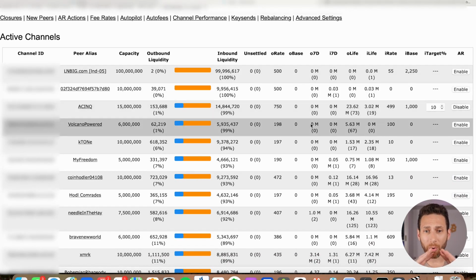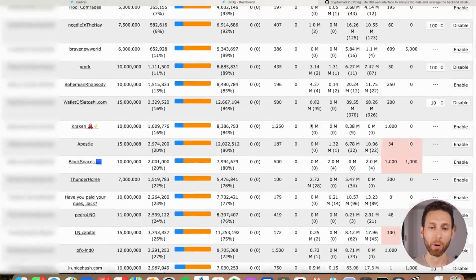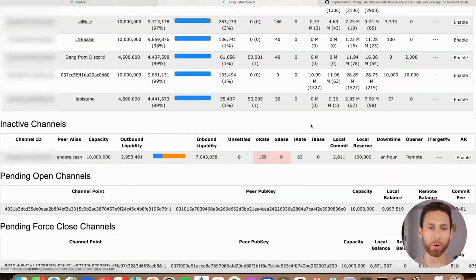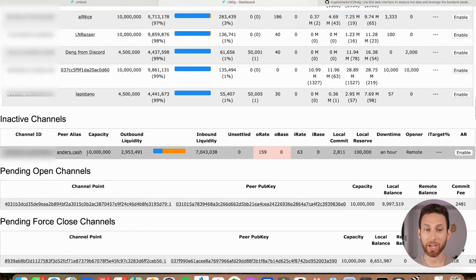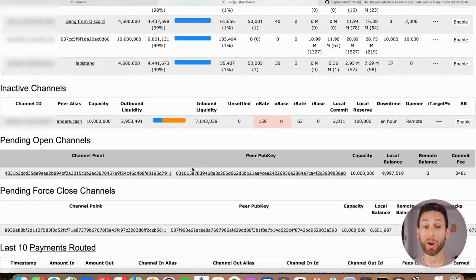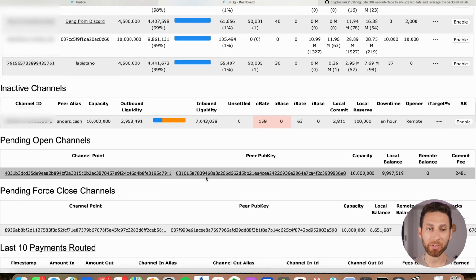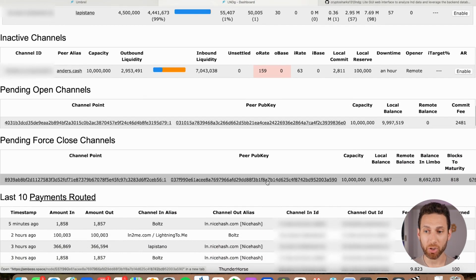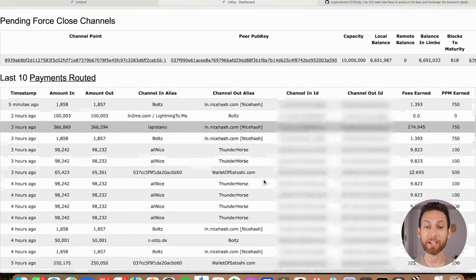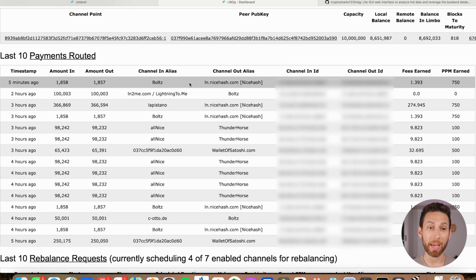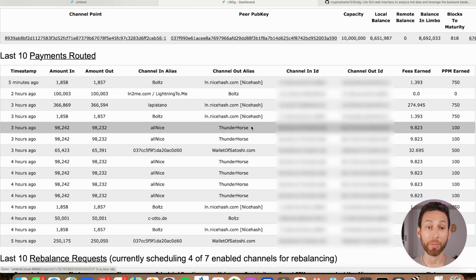So really just a powerful overview showing you everything you want in one screen for each individual channel. But there's actually more, because if you go down, it's also going to show you which of your channels are inactive. It's going to show you any pending open channels, any pending closing channels, and it'll even show you your last 10 payments routed in one nice, neat, clean screen, showing you how much you earned and what the PPM